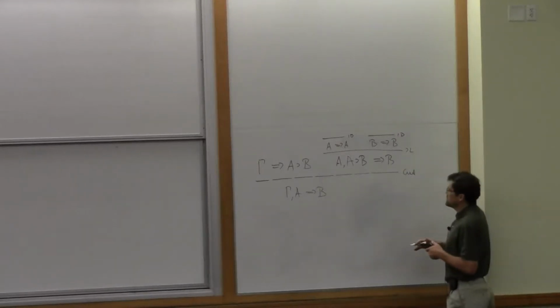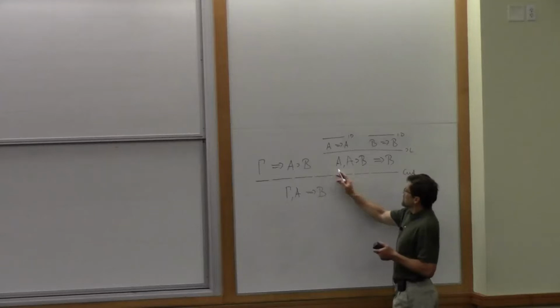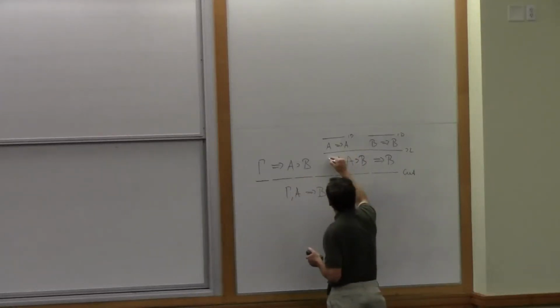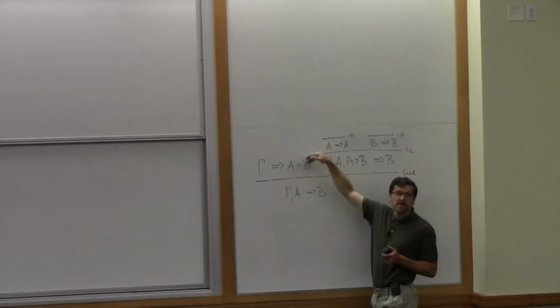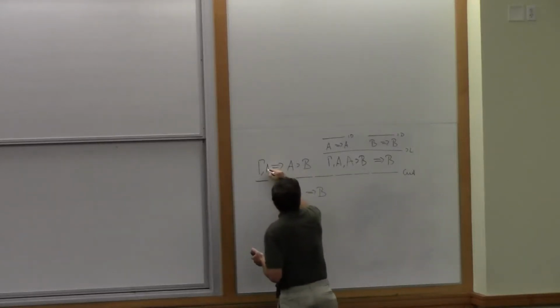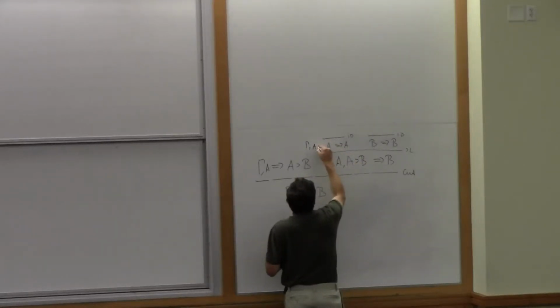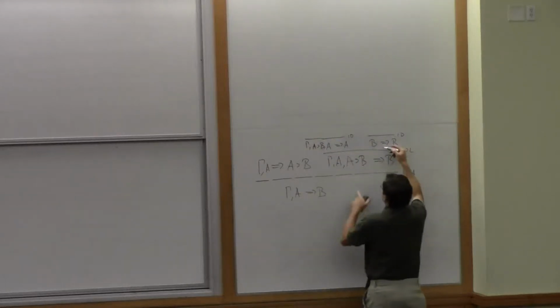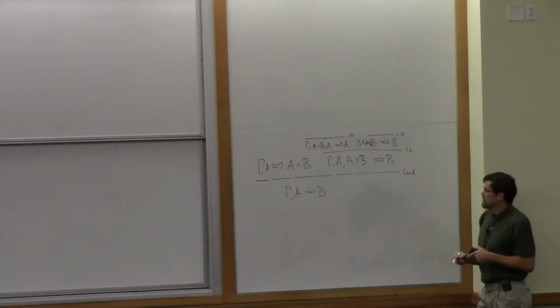Okay, and now we need to do some bookkeeping to make sure that the weakening is applied. So what do we need to weaken? In order for these two premises to match up, I guess we should have a Gamma here, right? We should add A over there, but we can always do that. We just add A everywhere in the proof. It doesn't change the proof. So we add A here. What does this become? This becomes Gamma. We keep the implication, even though we don't need it. We add it there. And what do we get here? We get Gamma, and we keep the implication, even though we don't need it, and we get B. Okay. So that's our proof.